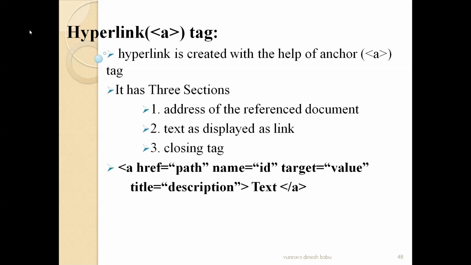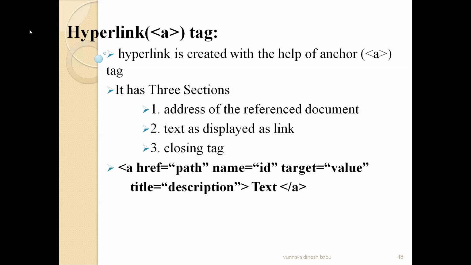For example, if we want to open an image on the desktop and the name of the image is csc.jpg, we have to provide desktop/csc.jpg within the double quotes. That means when we click on that particular link, that csc.jpg which is on the desktop will get opened. So href is one of the important attributes for the anchor tag. Without href, we cannot do anything with the anchor tag.